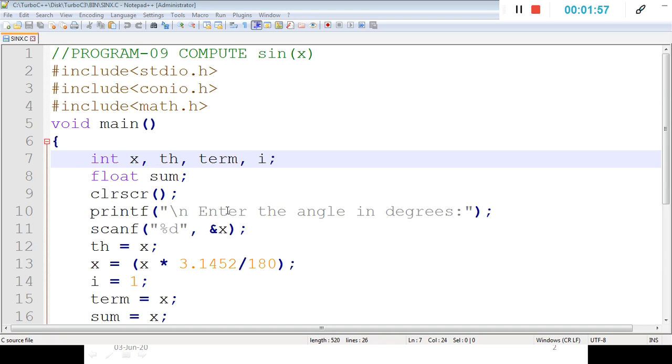Then next printf "enter the angle in degrees", scanf %d &x, which reads the sin value in degrees and stores that value into the variable x. Then initialize th equal to x. Then x is equal to x into 3.1452 divided by 180. This formula we are using to first convert a degree